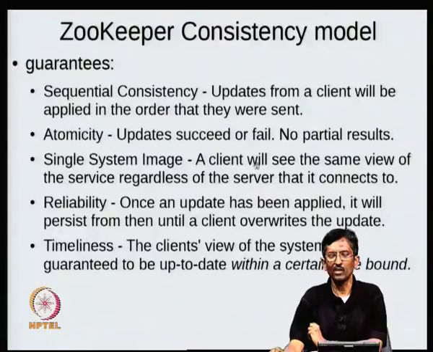So it's important that the client will see the same view of the service regardless of the server that it connects to. Again, this is also guaranteed by group communication systems. Group communication systems go through what is called views, and they ensure, of course, it cannot be done absolutely because, as I mentioned, FLP results will prevent it, but they try to ensure as far as possible that each client has the same view of the system, and all the messages that are sent and received go in a particular order. And so group communication systems attempt to do the same thing.